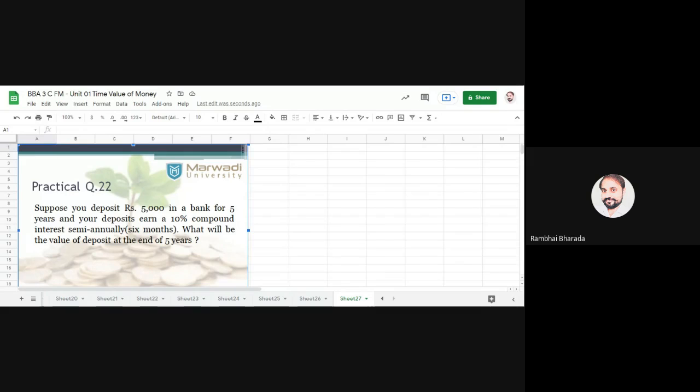How to identify this type of question? Whenever we have a number of months in between in the question, in a practical question, at that time we need to use this formula or technique. So FVN is equal to P or present value PV in a bracket 1 and after that plus or minus.